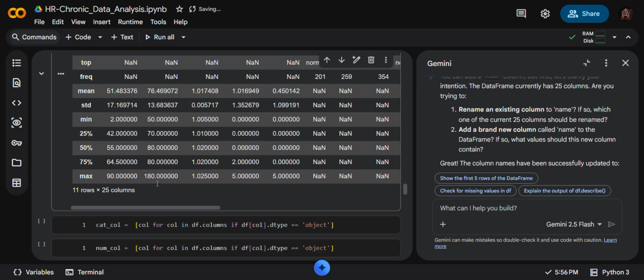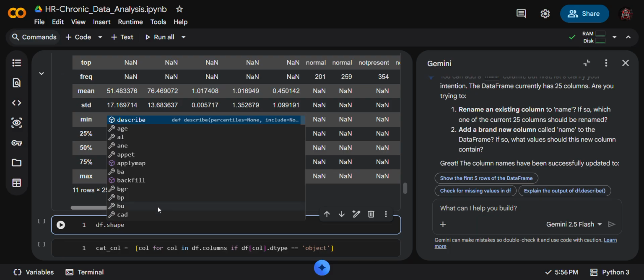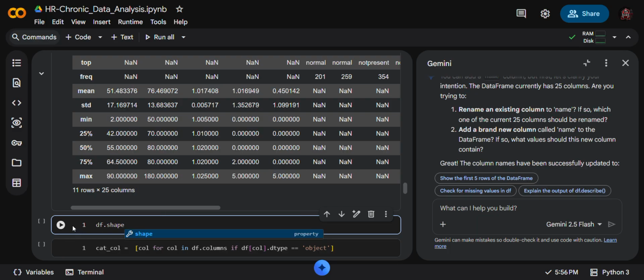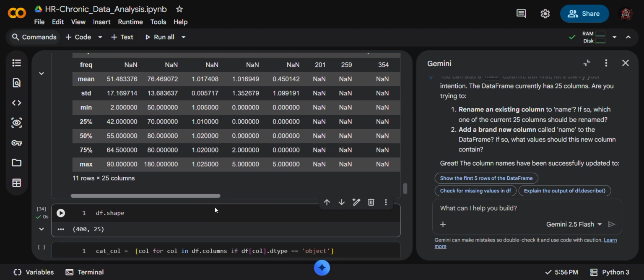For practice I can include one more command, that is df dot shape, the sixth command we have taken.